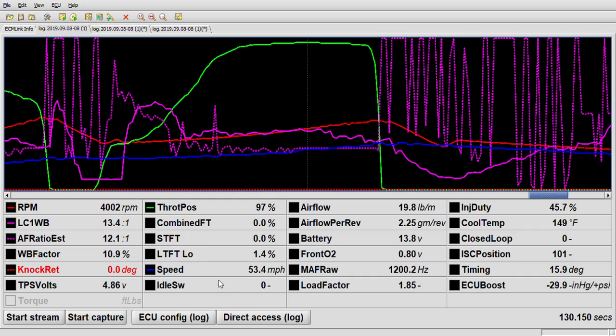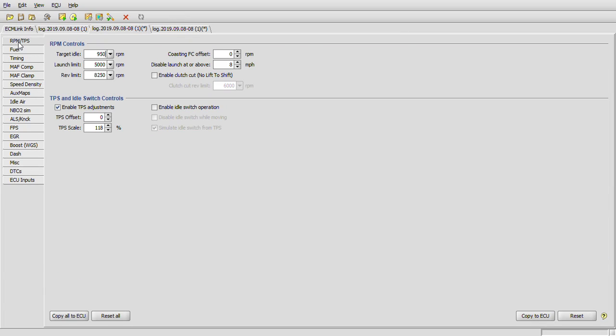The other thing I have noticed, I've looked over this previously, his idle switch is not moving. It's 0 all the way across. So what you may want to do is go to the RPM tab here, enable idle switch operation, and simulate the idle switch from the TPS,